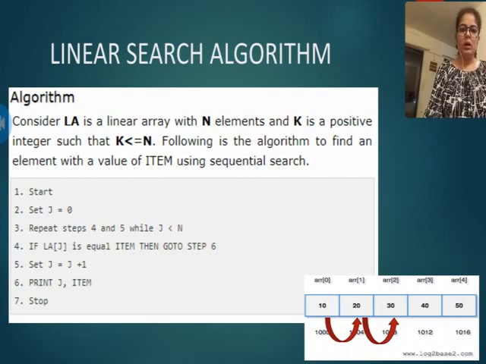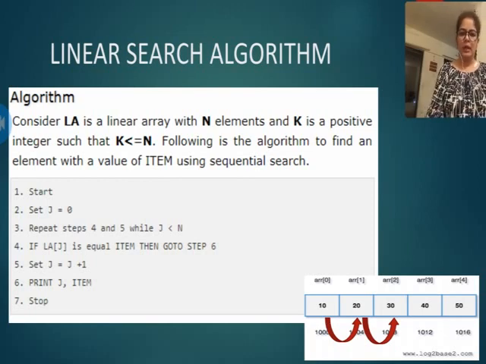Else, if it doesn't match, then you have to move to step number 5. Step number 5 is set j equals to j plus 1, which means we have to move the pointer to the next location by incrementing the value of j.